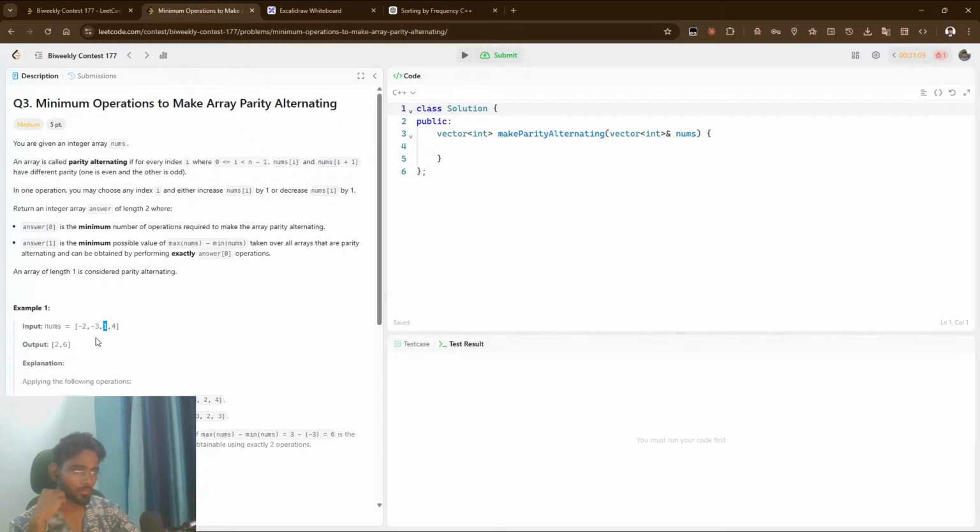Increase nums of 2 which is 1, 2, that's it. Decrease nums of 3 by 1, ये वैल्यू सही है, ये वैल्यू गड़बड़ है, ये पेयर गड़बड़ है। So the moment you found something गड़बड़, ठीक है, ये पेयर गड़बड़ है।